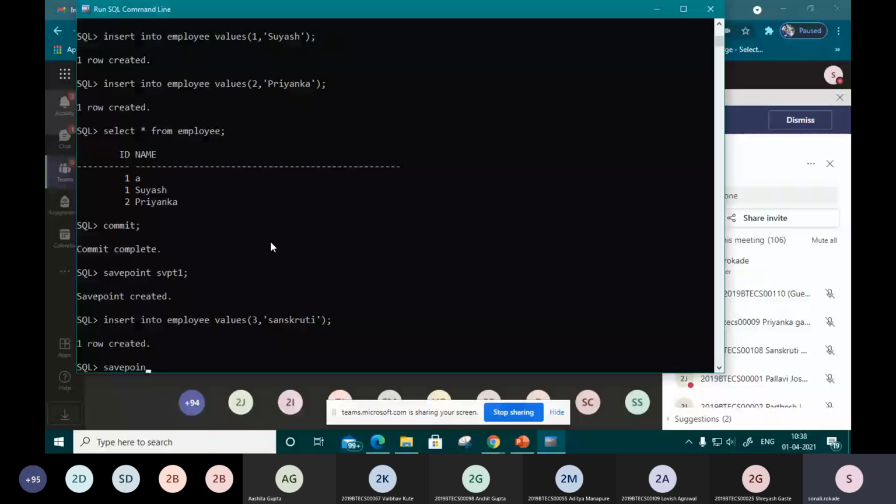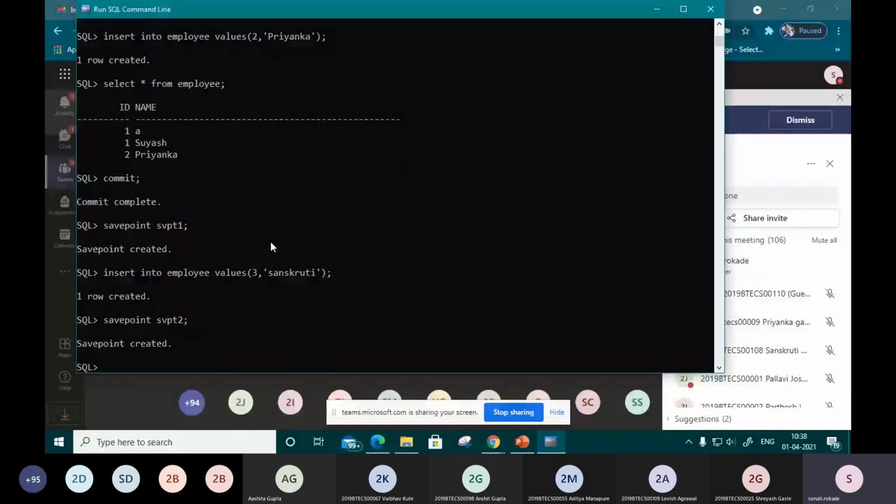So I will use savepoint svpt second. Okay, and think that you are having some kind of system crash or anything; this kind of thing happens in your system. So what will you do? So for that purpose, am I audible clearly now? There is no hurdle?